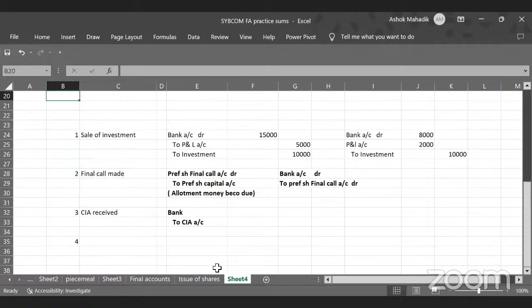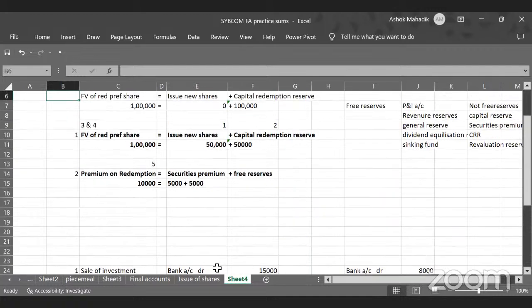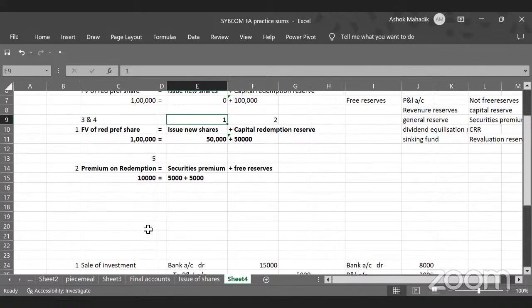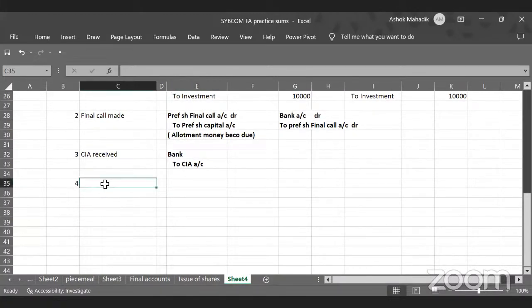Which is the first entry we'll pass, students? As I told you, the first entry will be issue of new shares. New shares can be equity or preference. So when you sell new shares to public, what will be the entry? You will receive money, and it can be on account of equity or preference, right? So the entry will be bank account debit. I'll write the 4th one, new issue. So it will be bank account debit